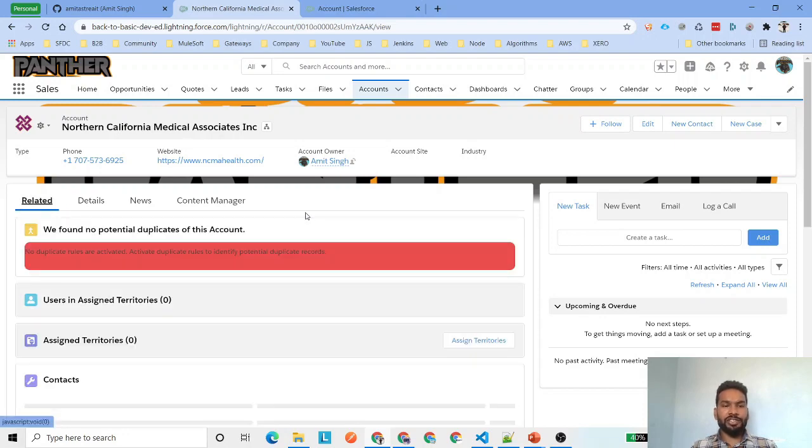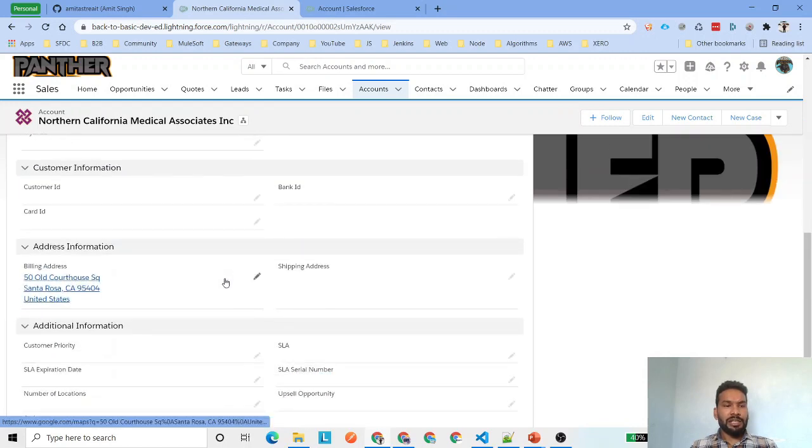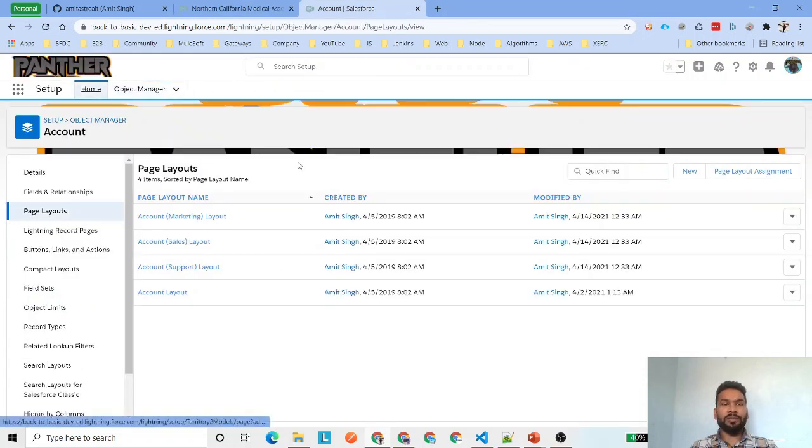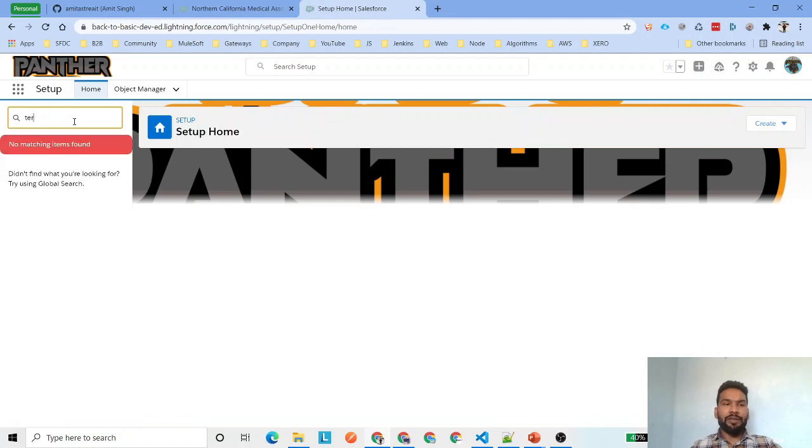Go to the related list. It is also not working. If I go to the details, we have got CA and 95404, and it should be running. So we'll get back to our territories model,